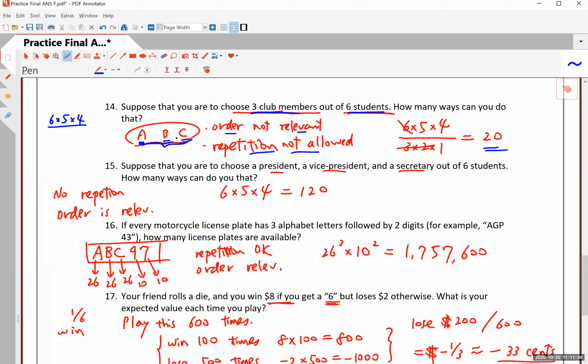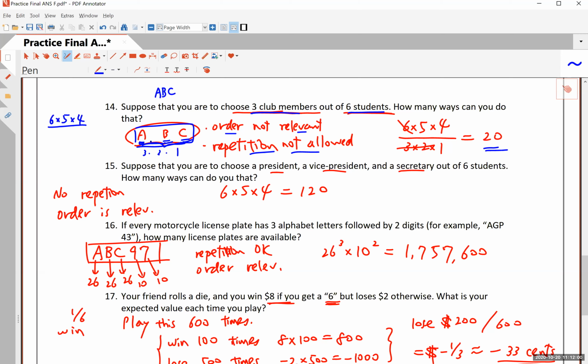It should be counted once. But if you think of these 3 people, there are 6 different ways to write them in different order. That's because you have 3 to choose the first one, and then 2 to choose the second one, 1 to choose the third one. So you can write down all of these 6 permutations.